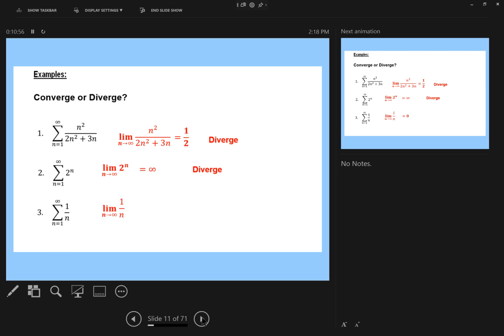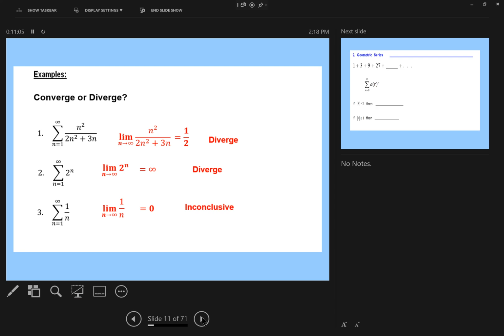What's the limit on that one? 0. Oh, so is it converge then? No, it means it's inconclusive. We don't know. We have to try something else. What's your speculation? Because think about 1 over n. So if I start with n equals 1, I would have 1 over 1. And then if n equals 2, I'd have 1 over 2, 1 over 3, 1 over 4, 1 over 5,